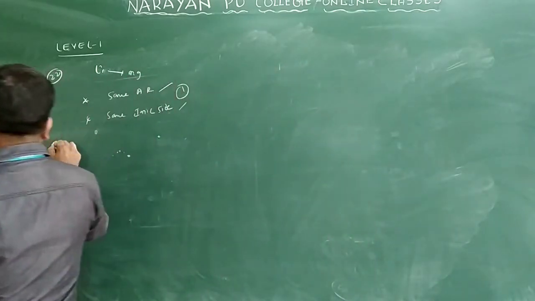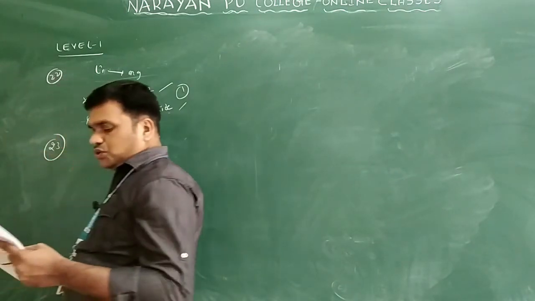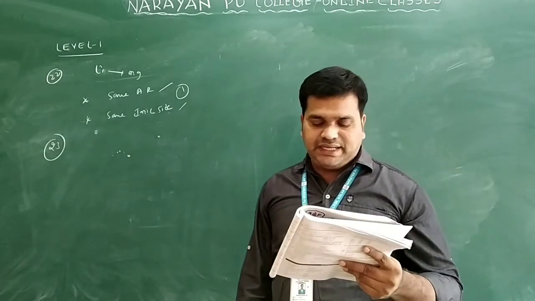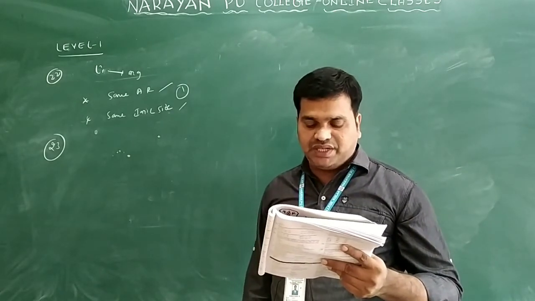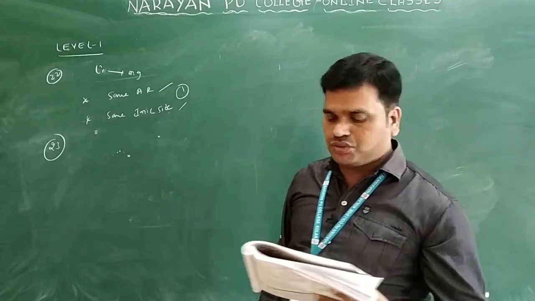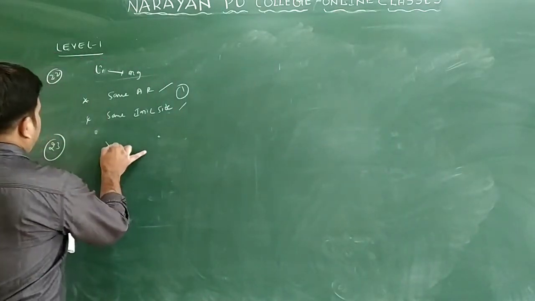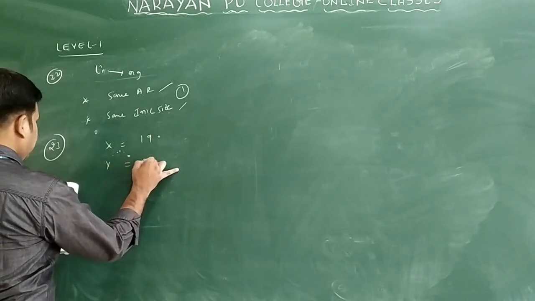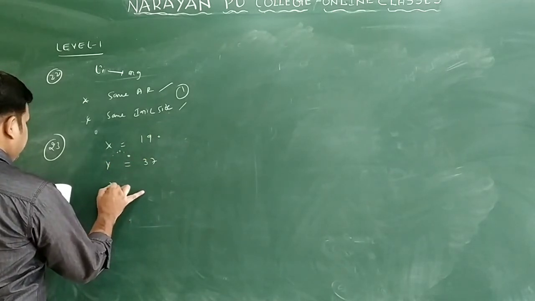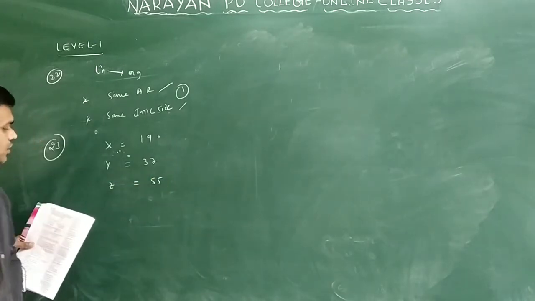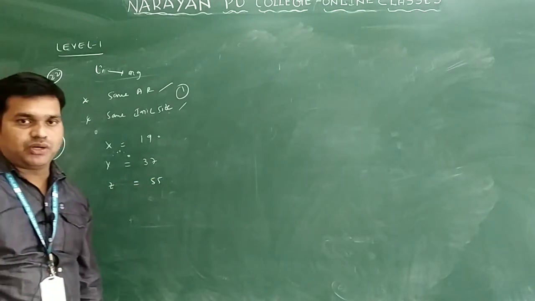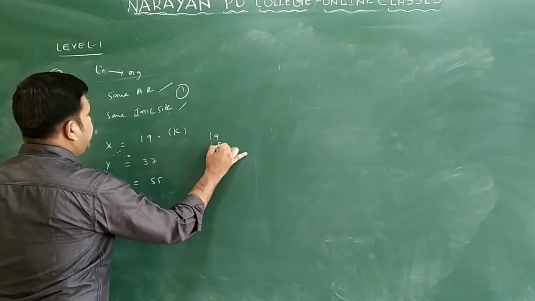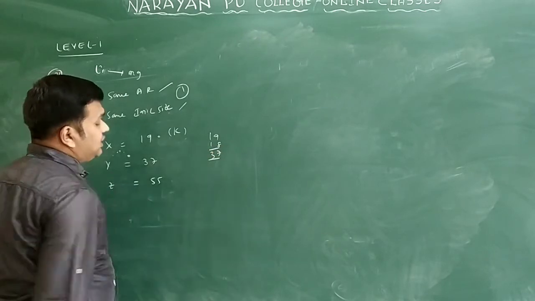Now we'll see question number 23. X, Y, Z have the atomic numbers 9, 10, 37 and 55 respectively. The following statements are true. X is given as 19, Y is given as 37, and Z is given as 55 only. Generally, 19 means the atomic number of potassium. So 19 plus 18, you add, how much will you get? 37 only.